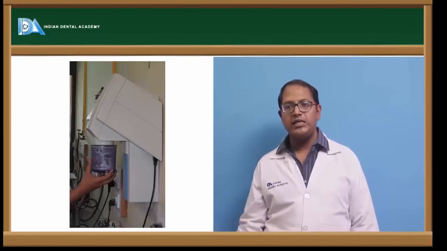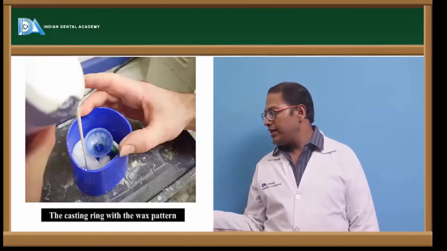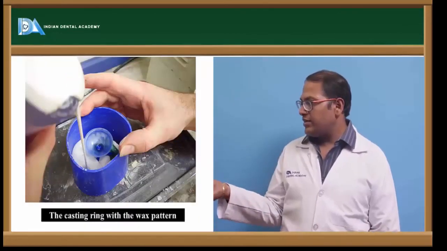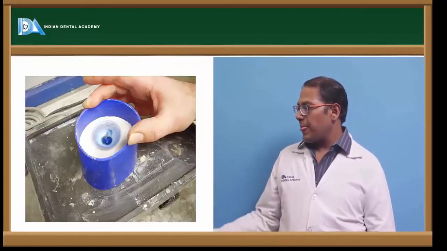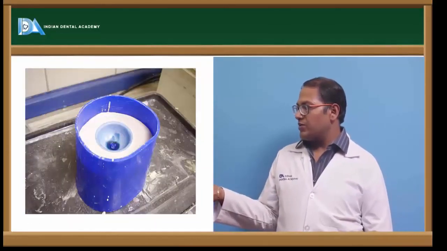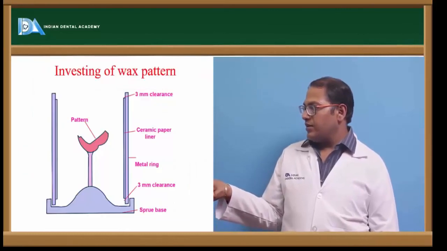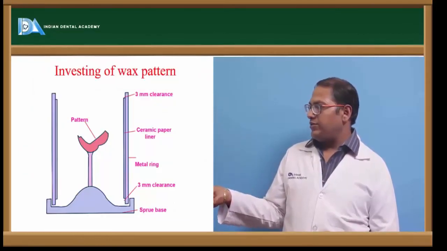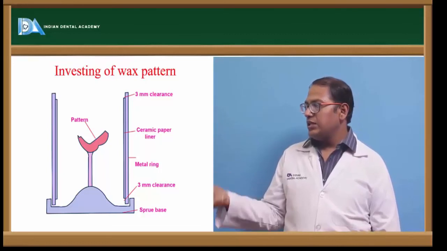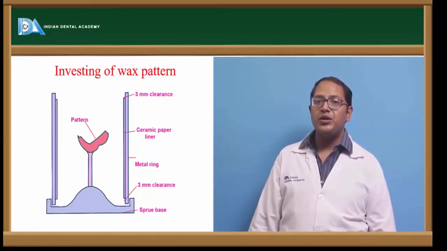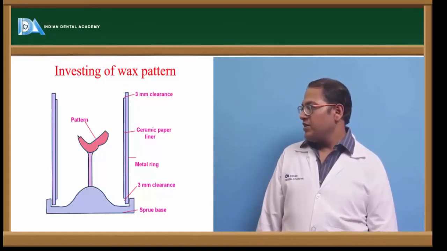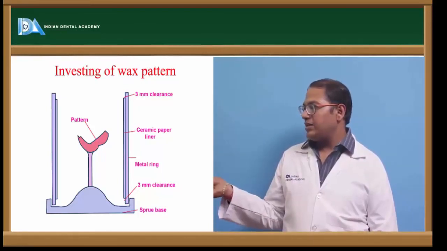We are investing the pattern, and then the casting ring. You can see the casting ring with the wax pattern. We are pouring the investment material. See the crucible former outside the pattern, and 3 mm clearance. So this is for the phosphate bonded. If it had been for a gypsum bonded, we require 6 mm of clearance. We have a ceramic paper liner or a casting